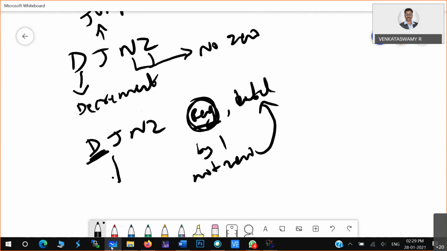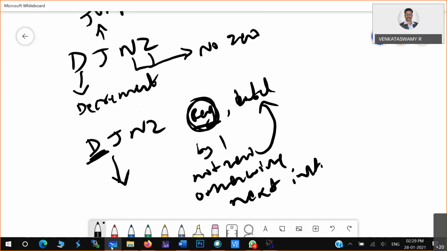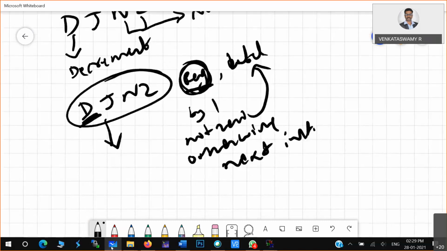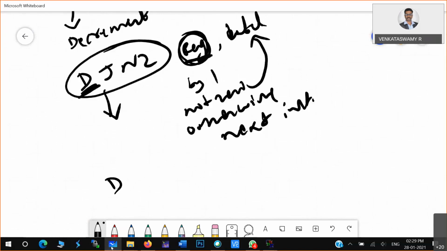Otherwise the next instruction will be executed. That is the meaning of DJNZ, decrement and jump on no zero. For example, DJNZ R1, loop.